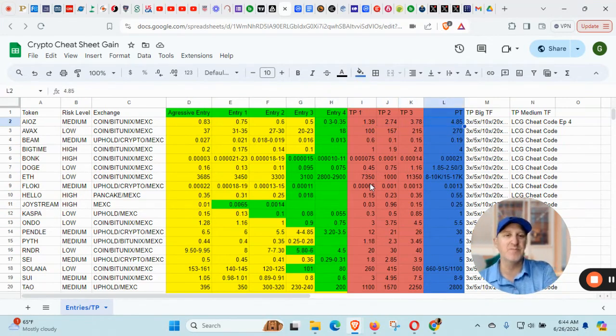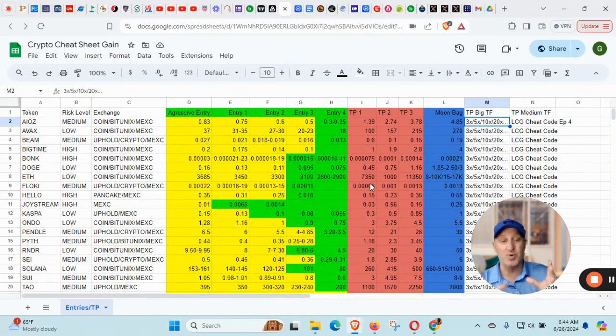And then I have the take profit. I'm going to call this the moon bag. So the idea is I take profit at these levels on the way up, and then I feel that this could be the moon bag kind of target that we could get to at the end of the bull run. I also have a take profit here at 3x, 5x, 10x, and 20x.